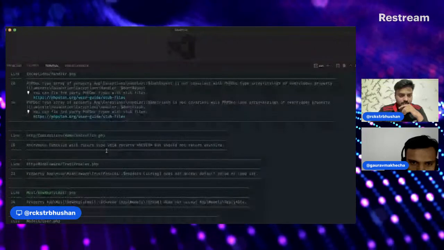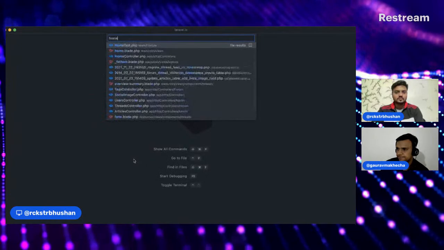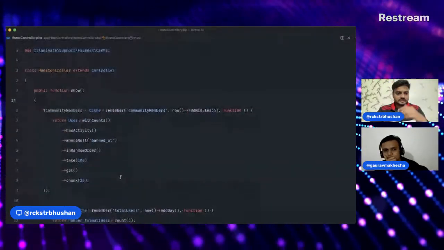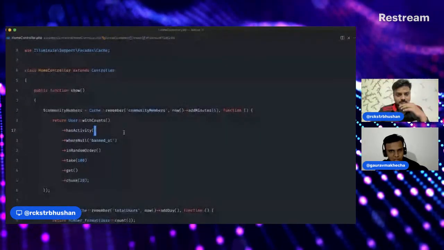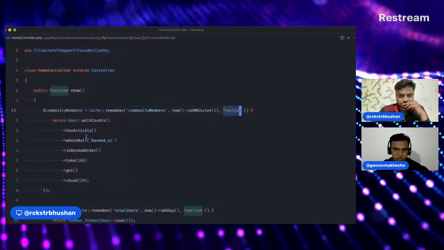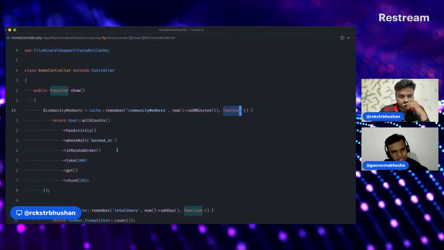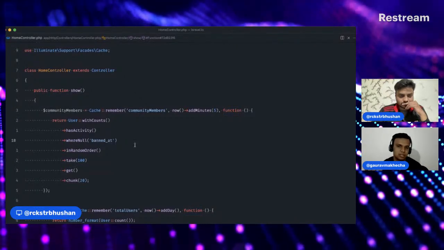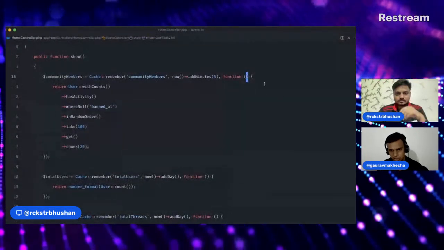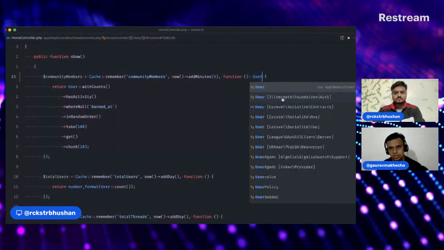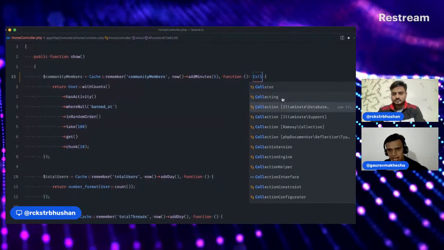Okay. Home controller. So it's line number 16. I'll go to home controller, line number 16. Here, again, we have a closure and we are returning something from the closure. For PHP, it doesn't know. You haven't specified the return type, which means it's void. So you need to tell it what you're returning. It will help you with other stuff, right? So all you need to do here is to specify the return type, which is a collection. It's Illuminate Support Collection.